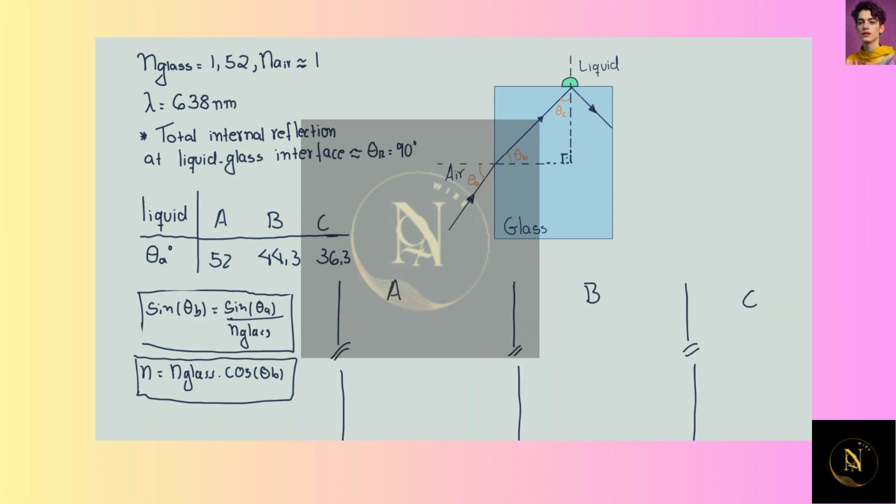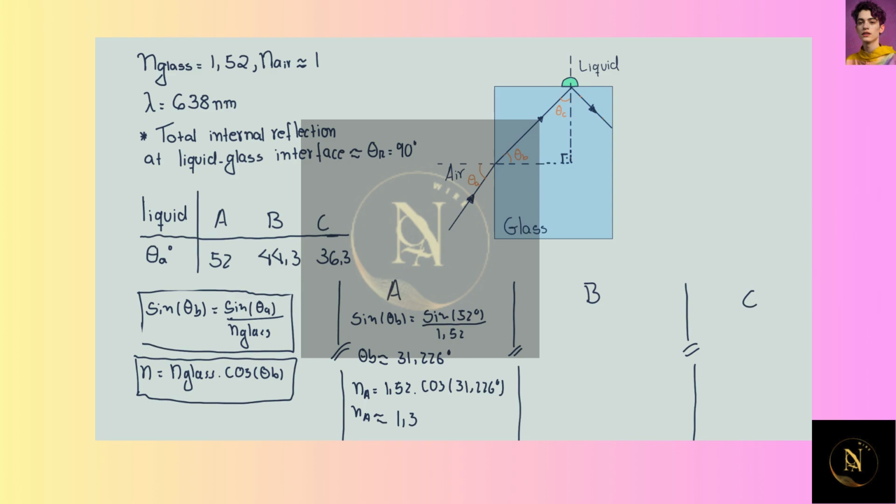For liquid A, the sine of theta B is equal to the sine of 52 degrees divided by 1.52. And this results in an angle theta B of approximately 31.226 degrees. Then, the refractive index of liquid A is given by 1.52 times the cosine of 31.226. And this results in approximately